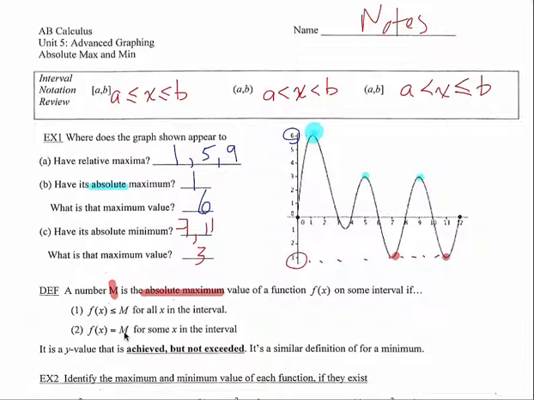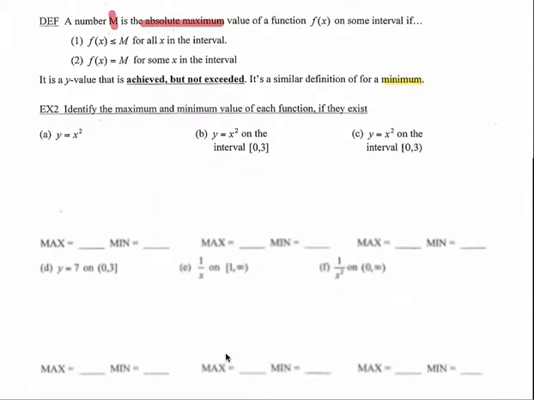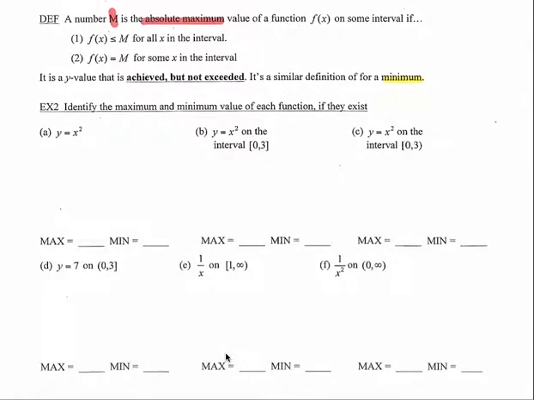Right? So in less mathematical terminology, the absolute maximum is the y value. It's the number that's achieved. We hit that number, but we never go over it. And then obviously there's a similar definition for an absolute minimum. Right? Okay, so some examples here, identifying maximums and minimums,